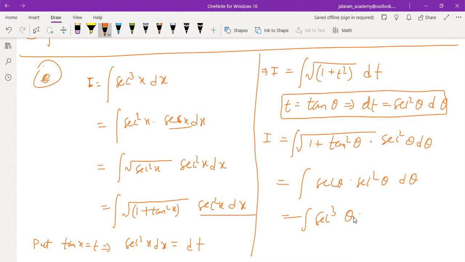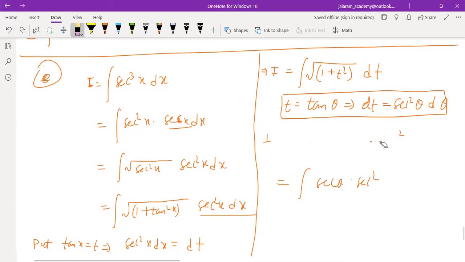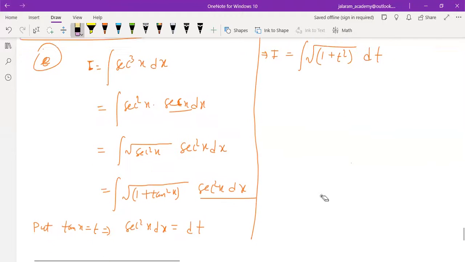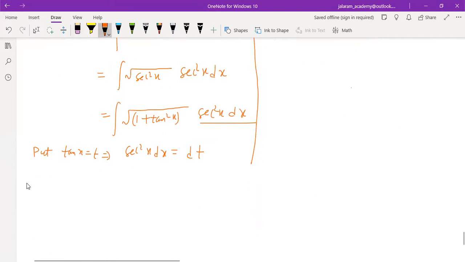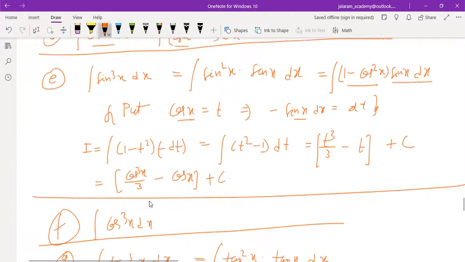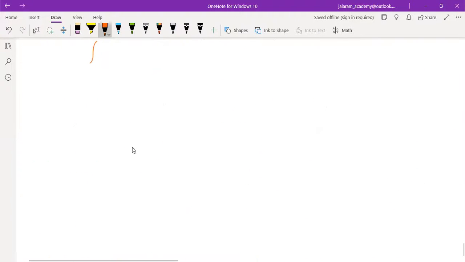So it will cause the problem. Wait, sorry. Before this, we have to learn those formulas also to understand these. So let's discuss those formulas. And one more method is the method of integration by parts, by which also it can be solved. But this also we have not discussed. So integration of sec cube cannot be solved till we know the formula for